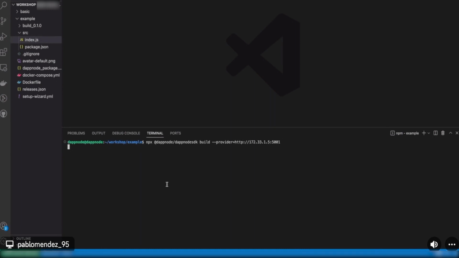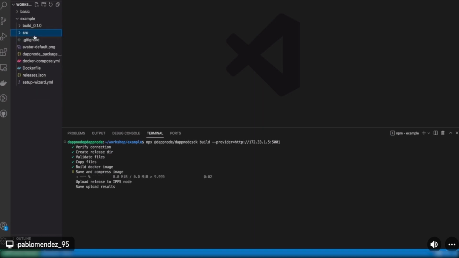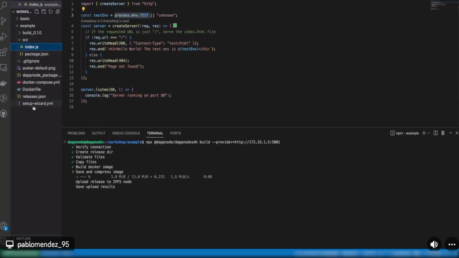And this is like the previous example I did. During the installation, I will set a random environment variable test.